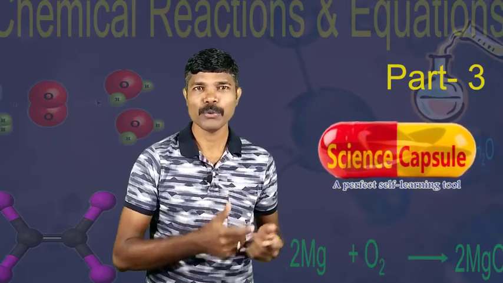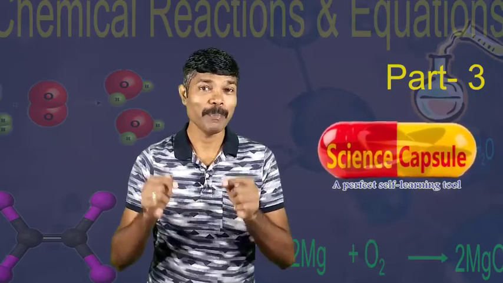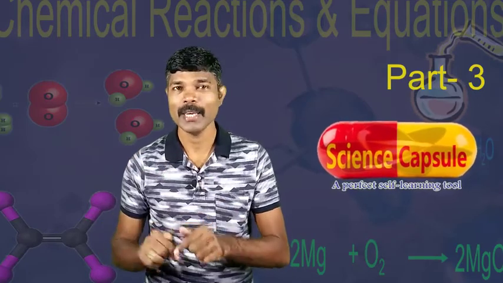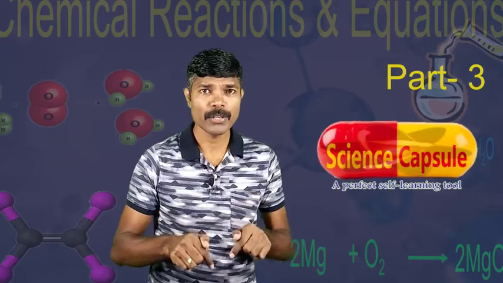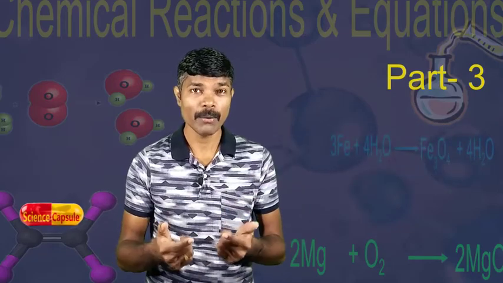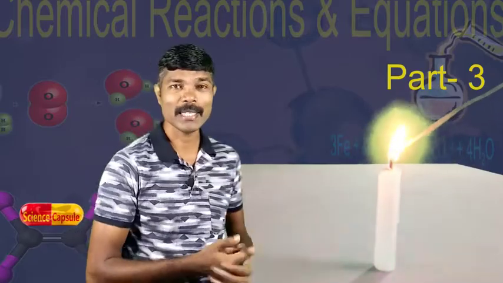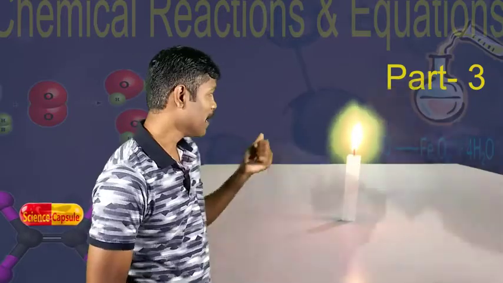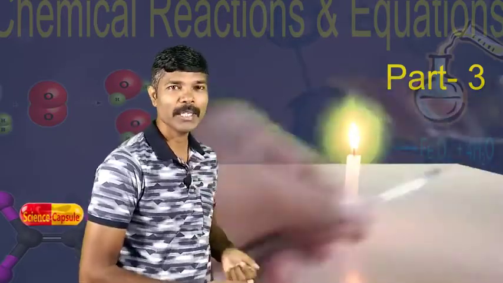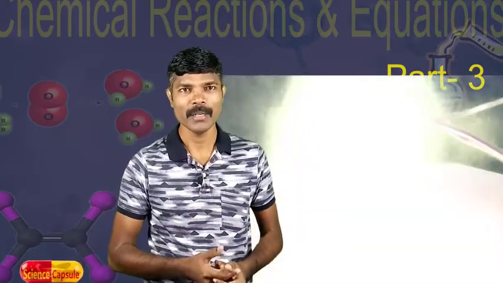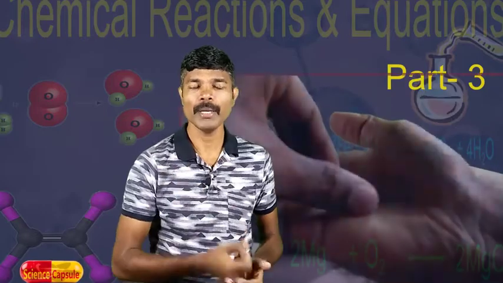In the previous episodes, we have been discussing the basic skills required to understand the chapter, chemical reactions and equations. In today's session, we will be looking into a new concept. Before that, look at the screen. Here a chemical change is taking place. In this chemical reaction, a magnesium ribbon is burnt in air and a new substance is obtained. The new substance so obtained is called magnesium oxide.